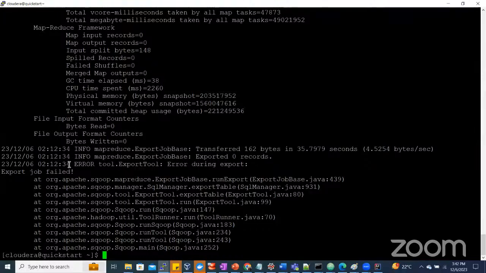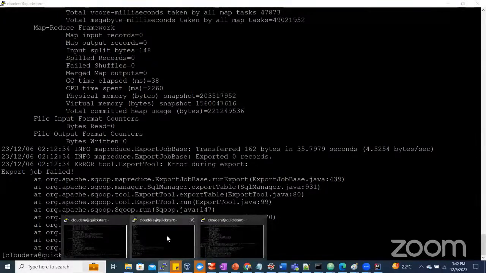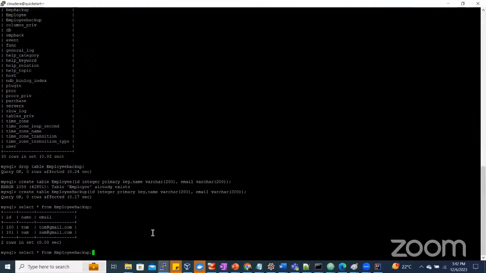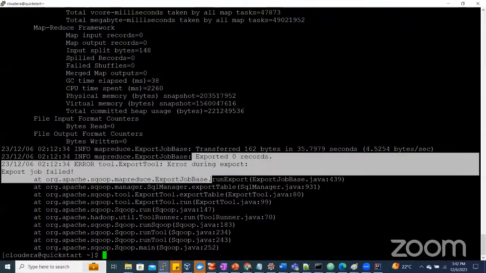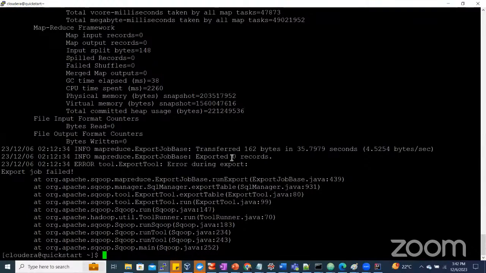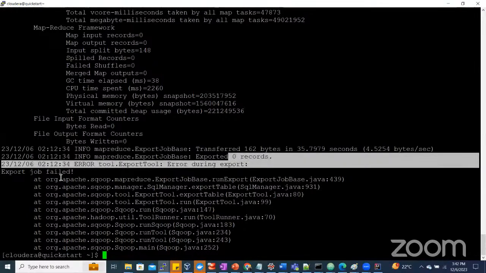Okay, this job. So data is imported. You can see what it is saying: because data was already there, it's saying that export zero records and the job failed. Okay, for import as well,